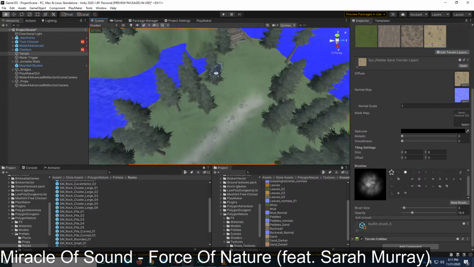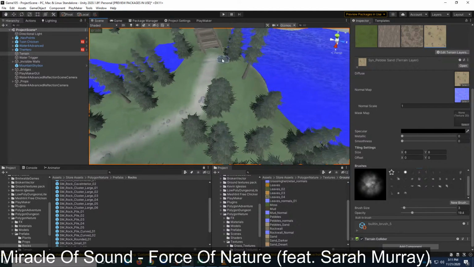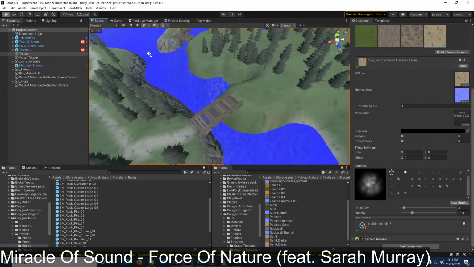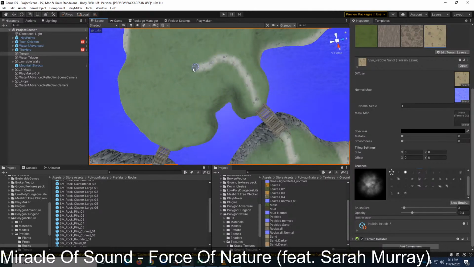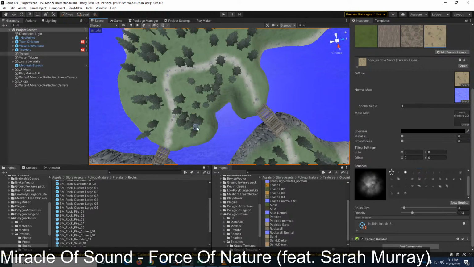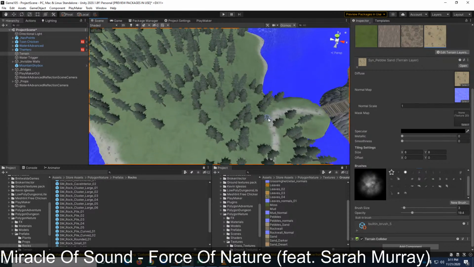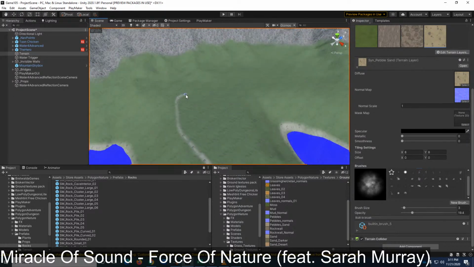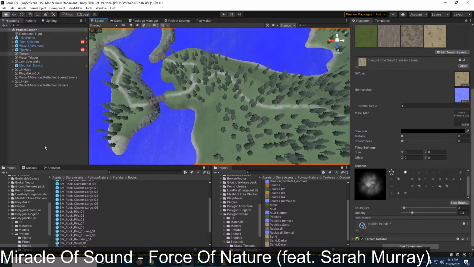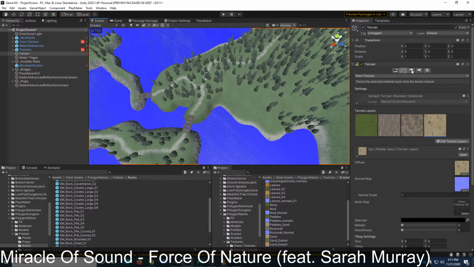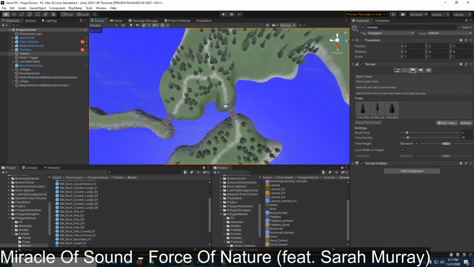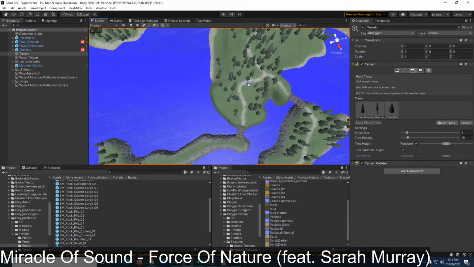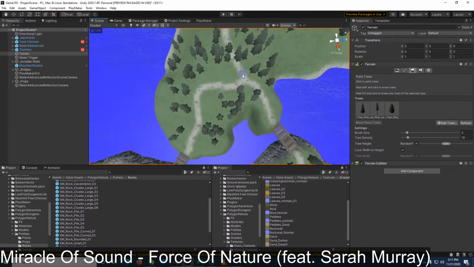I'll have to move some of the trees. I wish the trees wouldn't disappear whenever I clicked. There we go. And path snaking around like that. Now to deal with trees. So switch over to the tree tool. Shift click to make sure that I don't have any trees too close to the path here.